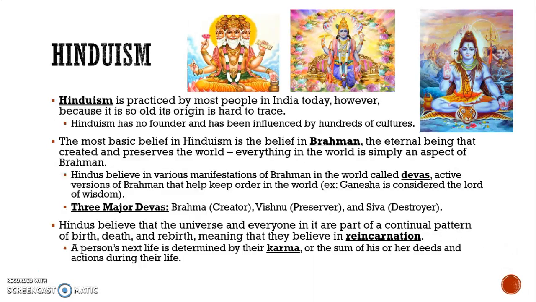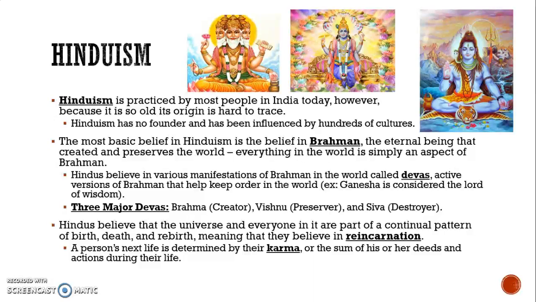Ganesha is considered the Lord of Wisdom, for example. There are 3 major devas: Brahma, Vishnu, and Siva. Brahma is the creator, Vishnu is the preserver, the one who keeps life going, and then Siva, the destroyer, is on the far right. Hindus believe that the universe and everyone in it are in a continual pattern of birth, death, and rebirth, meaning